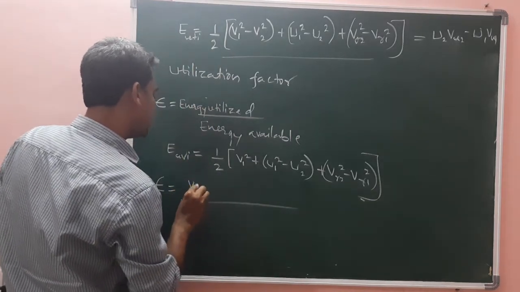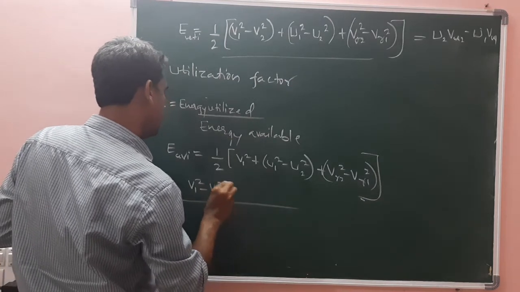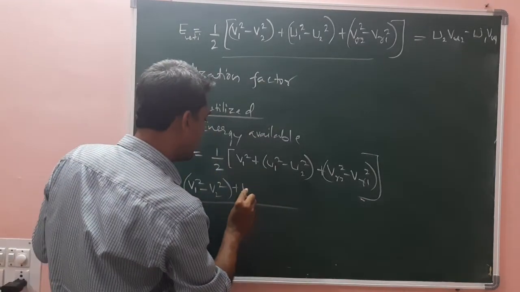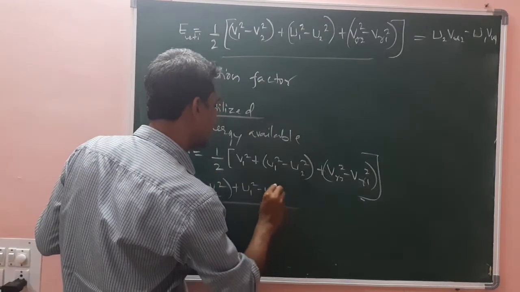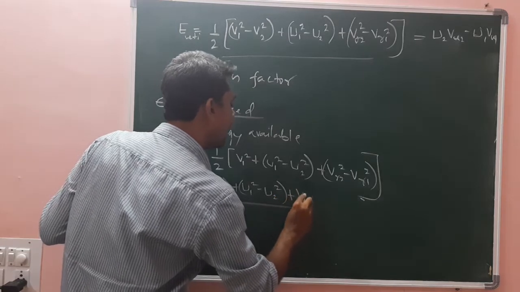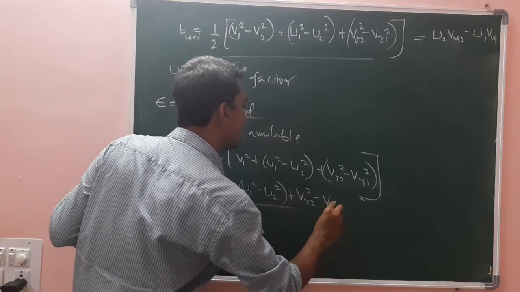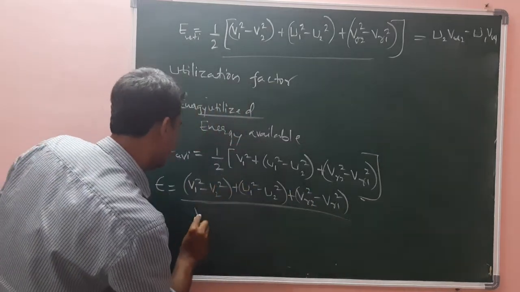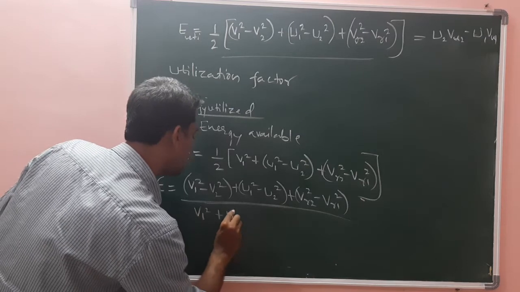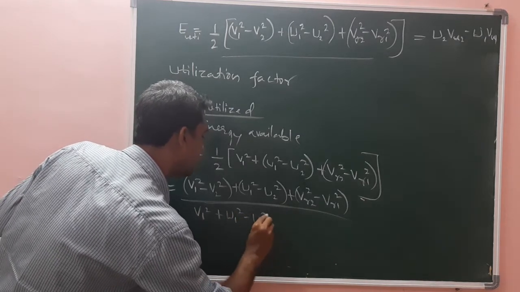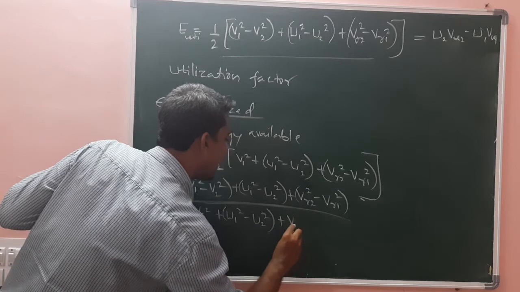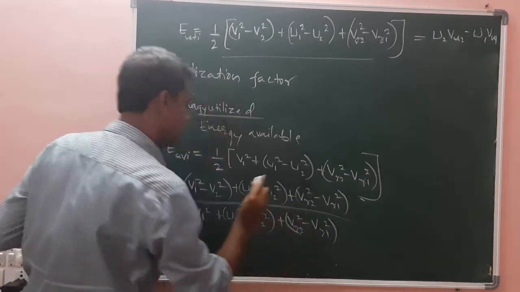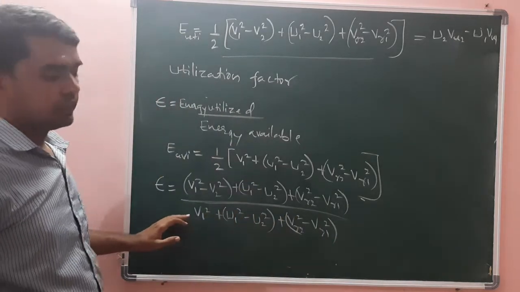Therefore, it will be V1 square minus V2 square plus U1 square minus U2 square plus VR2 square minus VR1 square, divided by the energy available, which is V1 square plus U1 square minus U2 square plus VR2 square minus VR1 square. Okay, this is the expression for